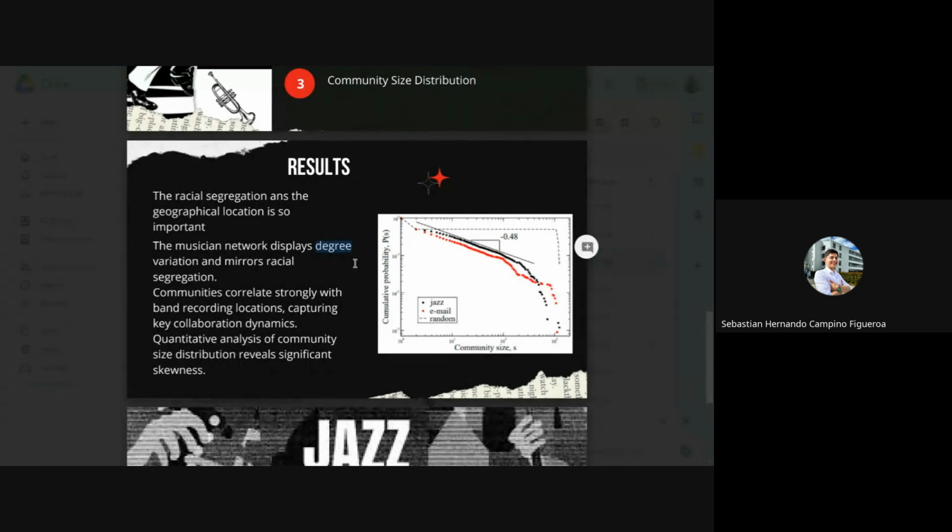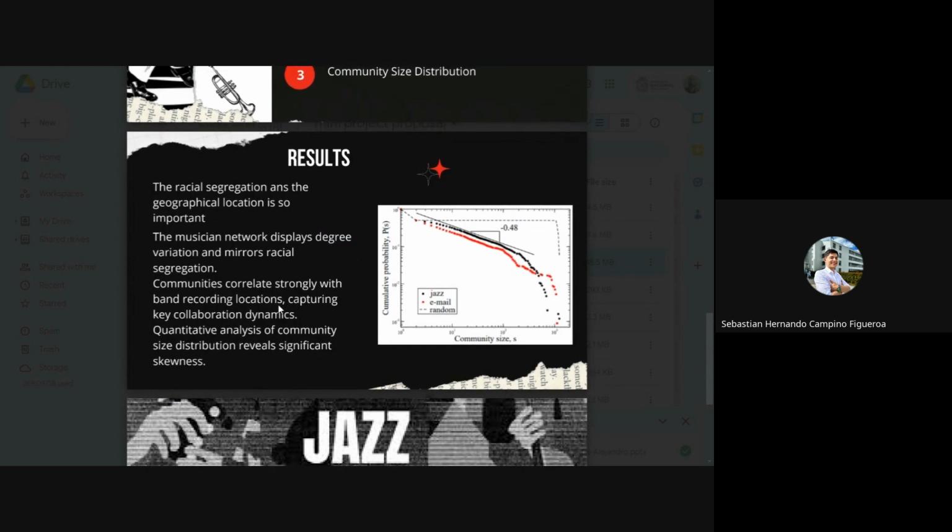In the right part of the photo, there is a big community, and almost all the musicians in that part of the community are white, and in the left part it is the same but with black people. So one of the results of this study is that there is a segregation in the relation between the bands and musicians. Also,